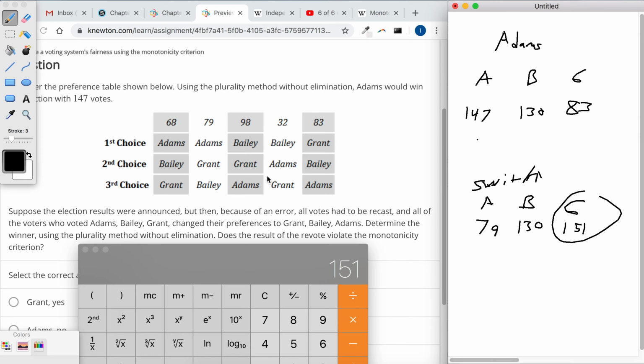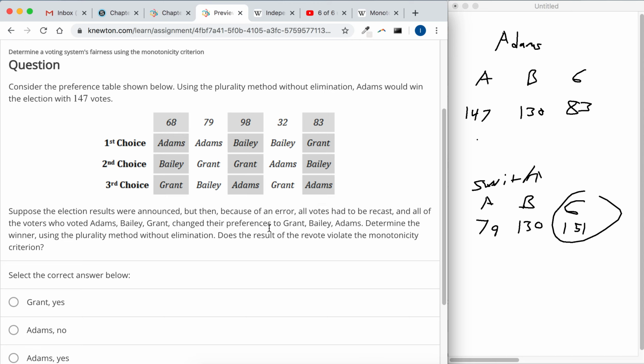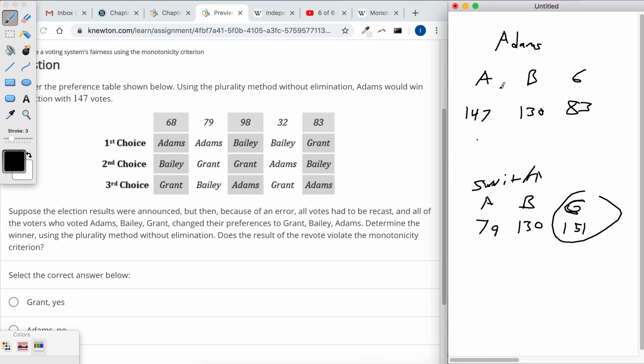Grant went up in standing. Does it violate the monotonicity criterion? So that's really tricky. So think about what happened. Adams won, but then when we switched the votes, Adams went down. So that means Adams now loses. That is okay. That is the monotonicity criterion. The monotonicity criterion is that thing that just doesn't make sense in our head. Like if a person goes down in a ballot, they should only have a greater chance of losing, okay? But if a person lost and they dropped on one of the sets of ballots and they still lost,